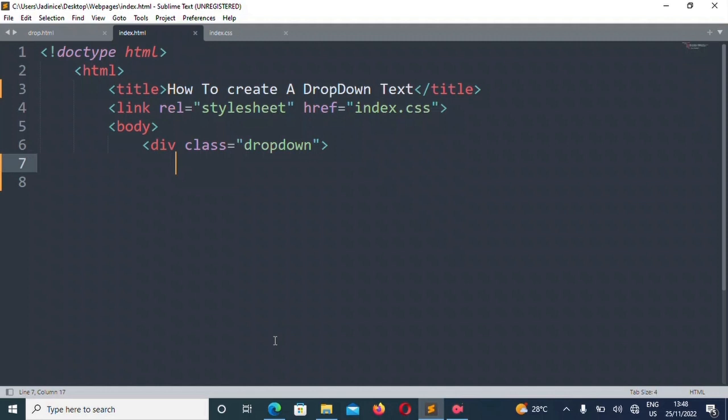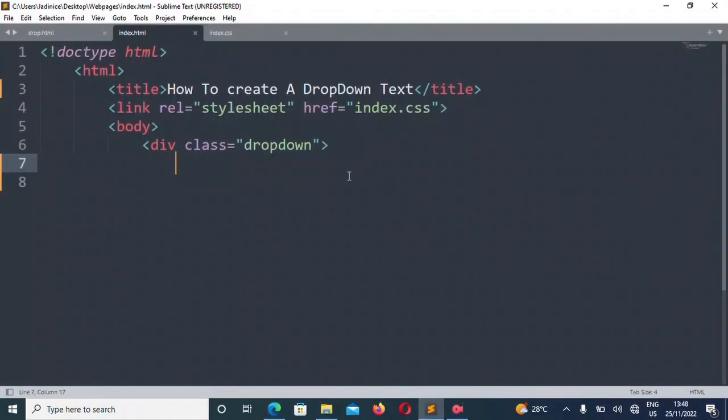And as you can see, I've opened my text editor and I've opened the HTML file in a browser. So we're going to start with a div class drop-down. Then we add the span, mouse over me. Then we save and refresh.